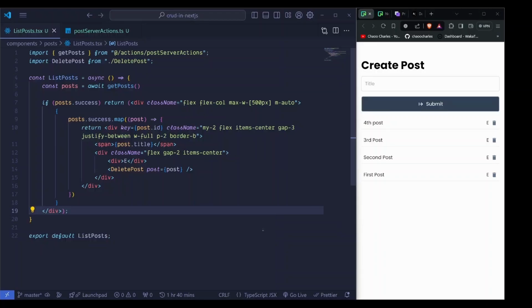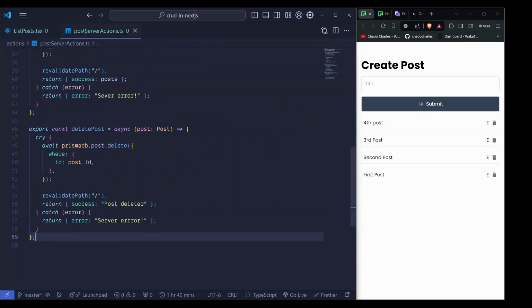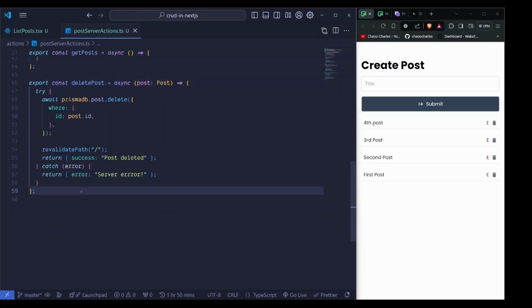In this episode, we will handle the last part of this course, which is editing a post. To begin with, we will create a server action that will handle edit on our database. We will just come to post server actions, then we will export a function. We can say editPost to be equal to async. Then we'll have post of type Post